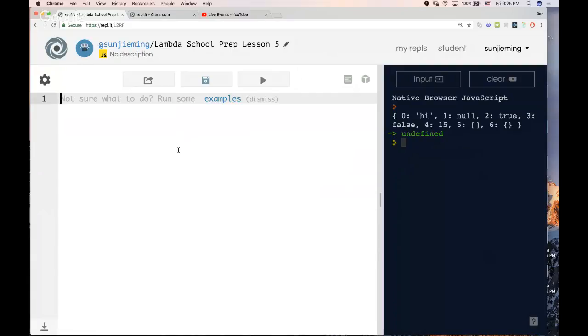Okay, so functions are the thing about functions in JavaScript is that